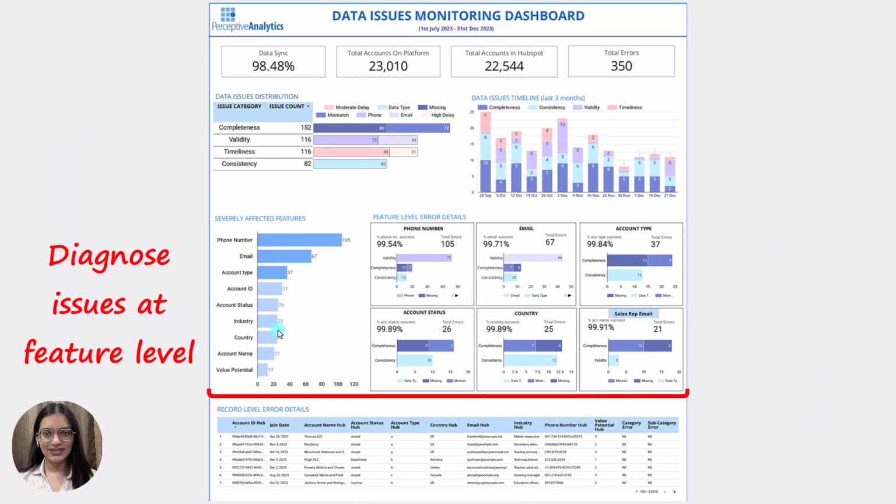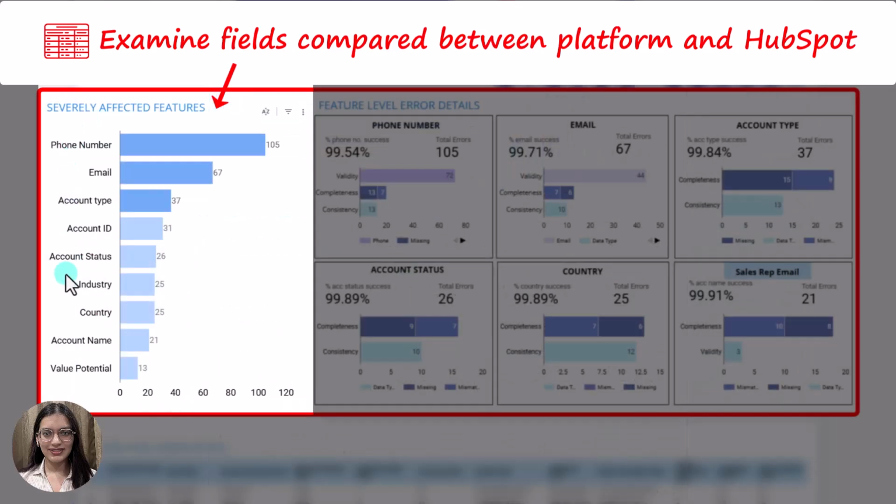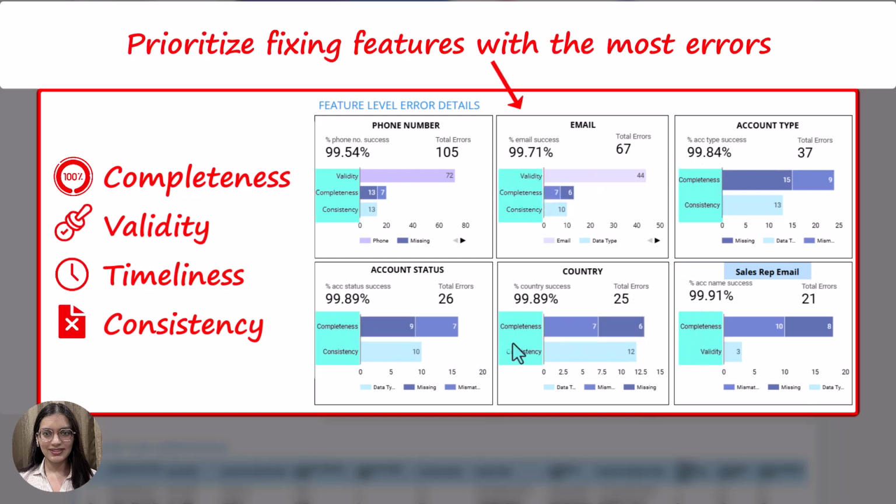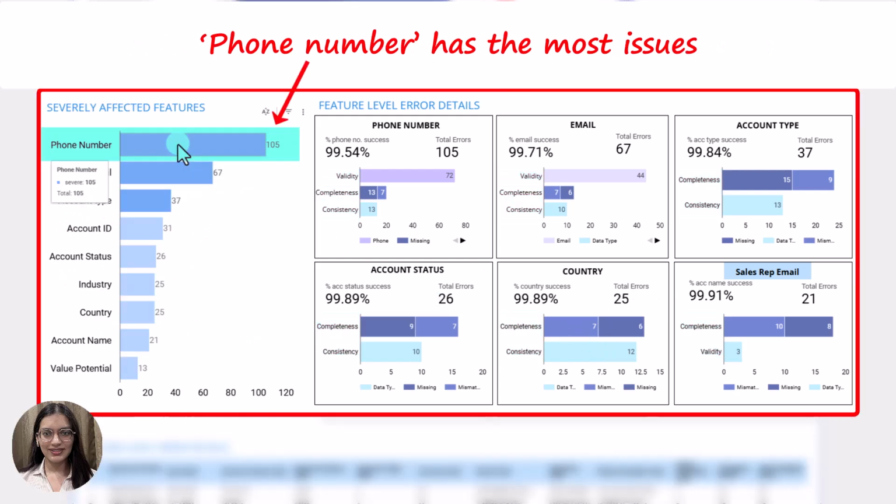Following that, we now analyze the source of the issues, which involves examining various fields compared between the systems. The issue frequency for these fields is further categorized based on the previously mentioned issue types. This structured approach aids in prioritizing features with the most issues, with phone number problems being particularly notable.